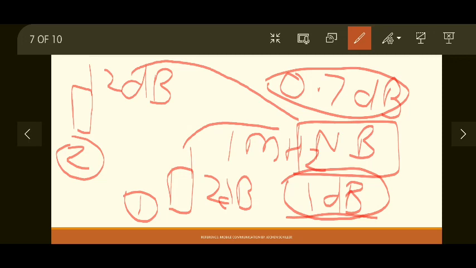This is because the first user is closer to node B and the second user is further away. So obviously the second user's signal will always degrade much more compared to the first user's signal. So the second user will never be able to communicate with node B. This is called the near far effect. The user which is nearer to node B will always be able to communicate, whereas the user which is far from node B will always miss out on the communication. So this is called the near far effect.